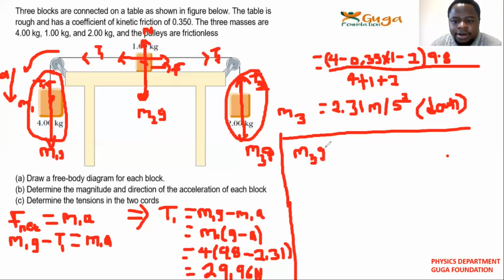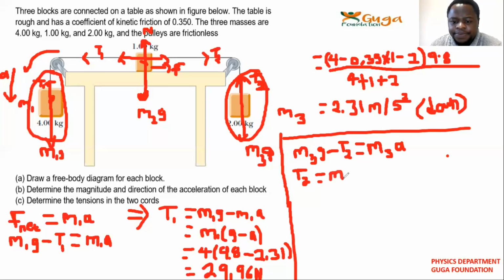G minus T2, right? Minus T2 is equal to what? The mass is M3. Okay. The mass is M3 multiplied by acceleration. So now you do the same. You solve for T2. So when you solve for T2, T2 will be equal to, so you just take this one to the right hand side and then this one to this side. So you are going to have